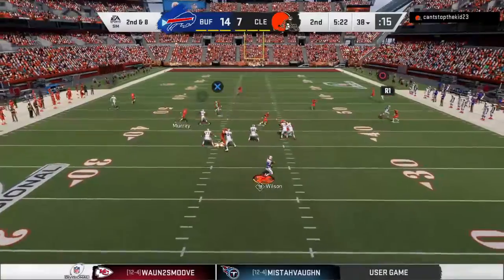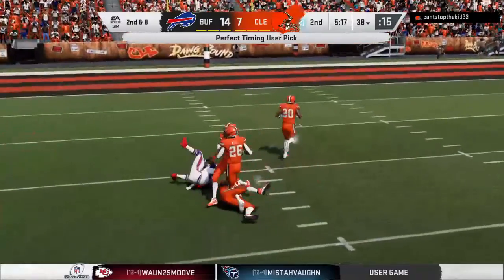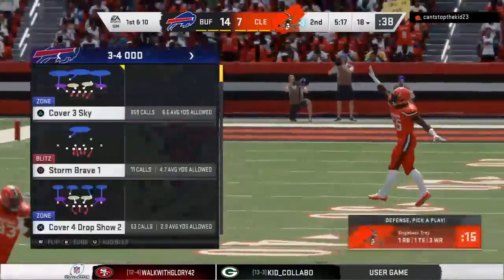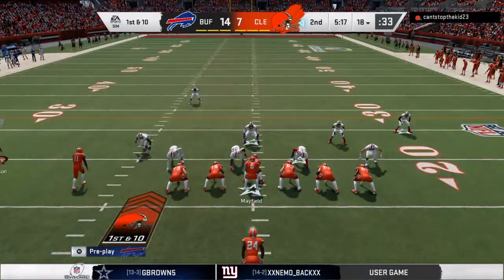From the 38, Wilson. Flushed out right. Now on the run. He'll throw it back deep over the... Oh, you saw that one coming. It's intercepted. Thrown back across his body. Picked off by Demarius Randall. The Browns drive about to get started